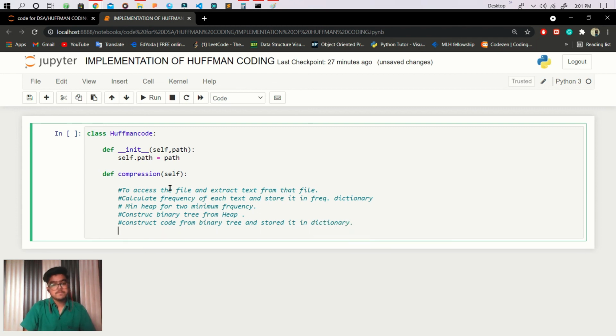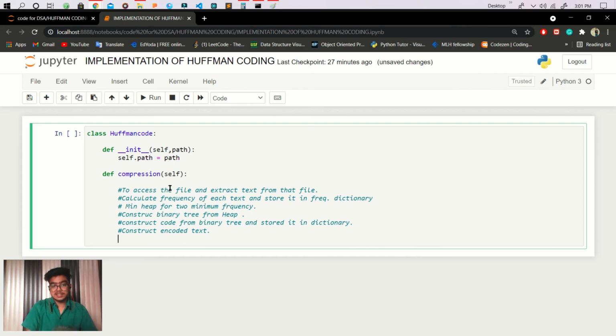Okay, so we have our codes. Now using those codes, we construct our encoded text. That encoded text, as we know, is made up of 0s and 1s, which is actually a binary file, and that is the output returned by the compression function.